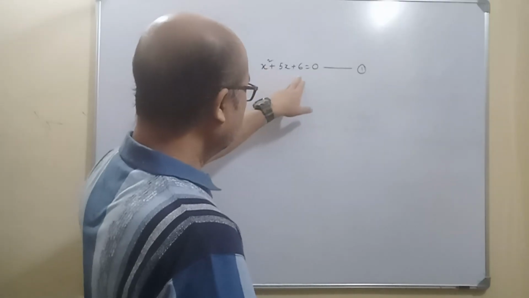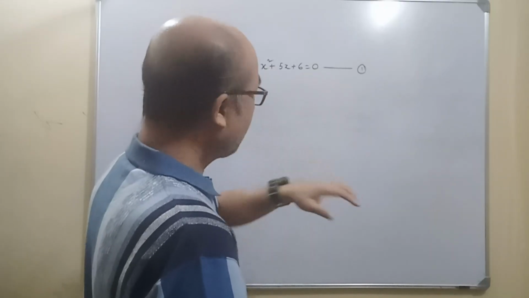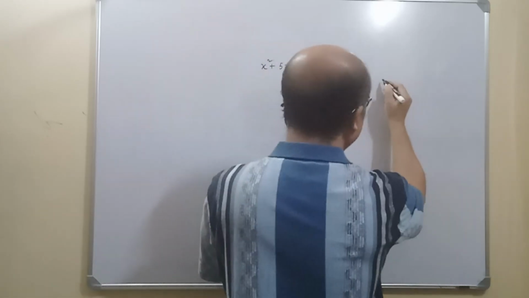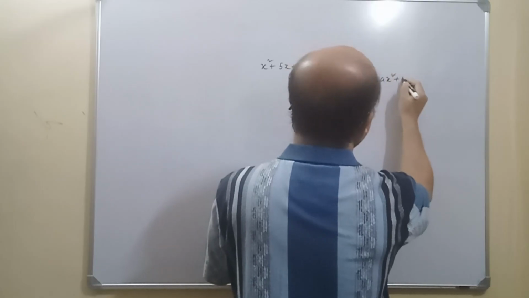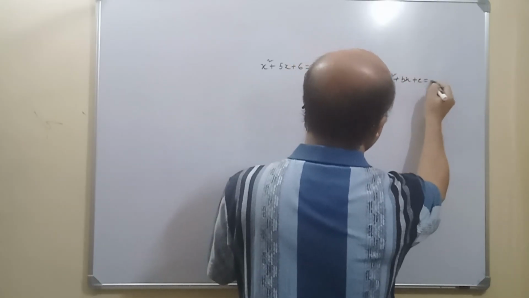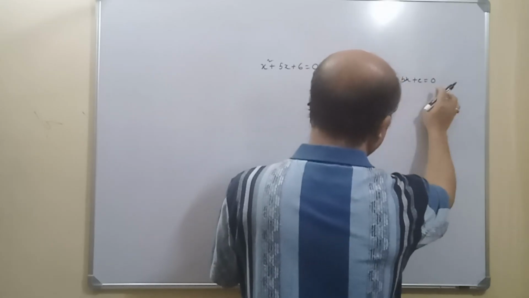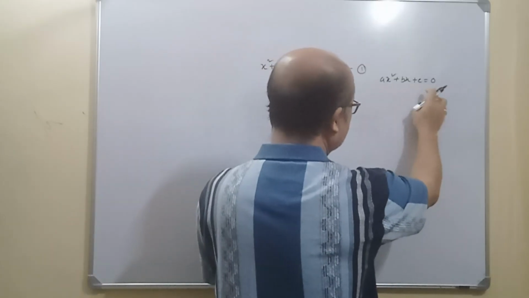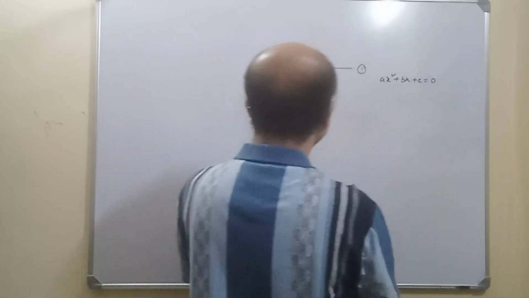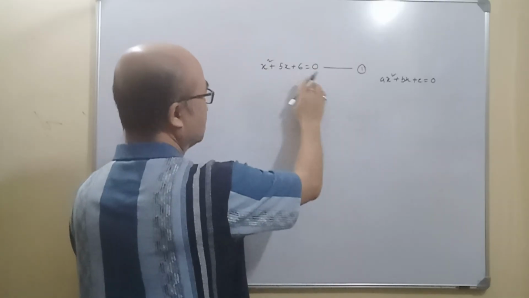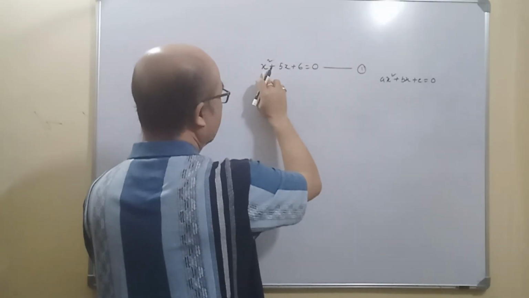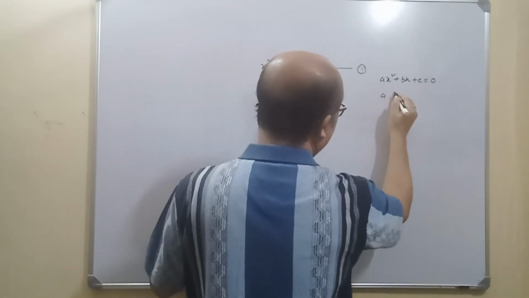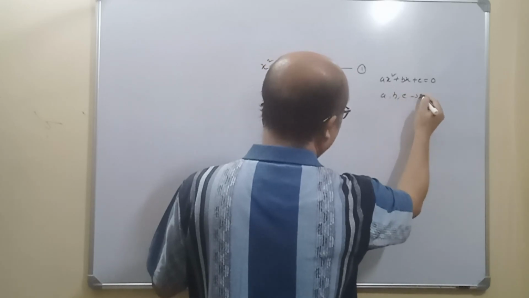x square plus 5x plus 6 equal to 0. This is a quadratic equation in this format. So this is the standard format or form for a quadratic equation: ax square plus bx plus c equal to 0. Here this is a quadratic equation, 1x square plus 5x plus 6, where a, b, c are